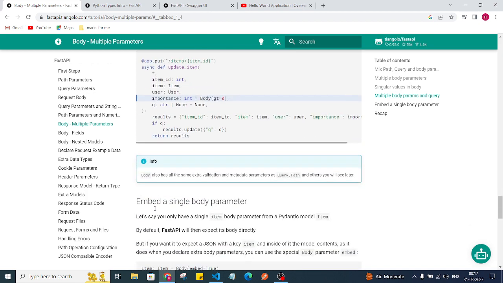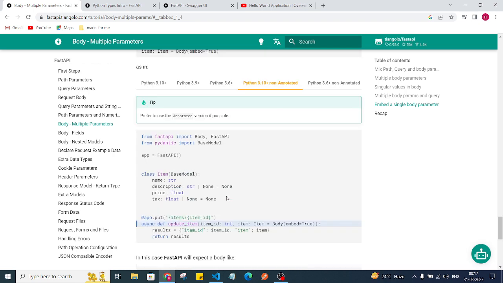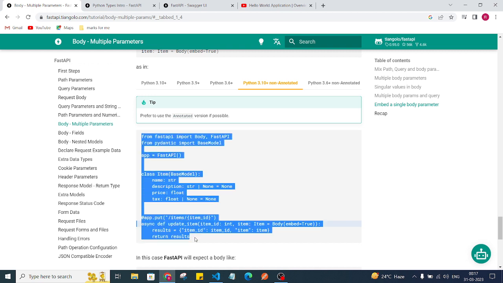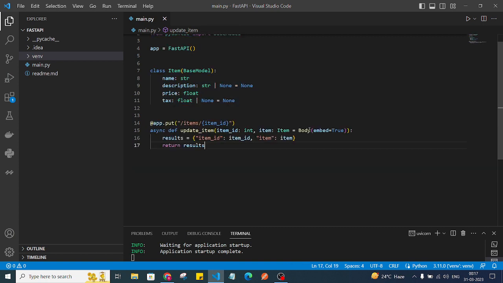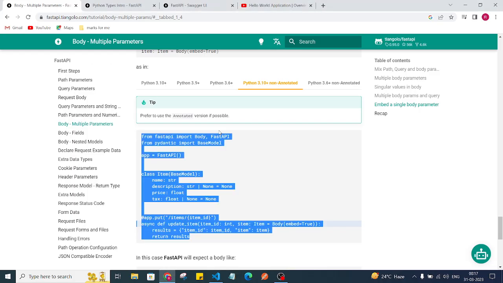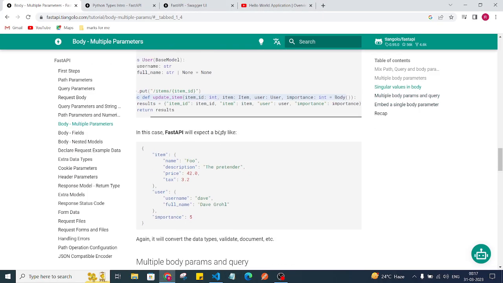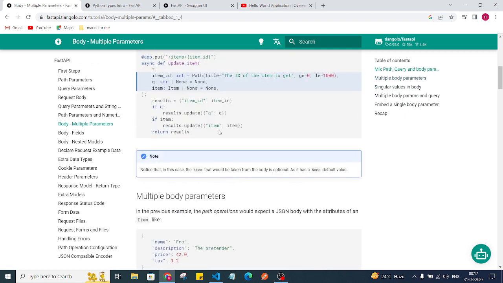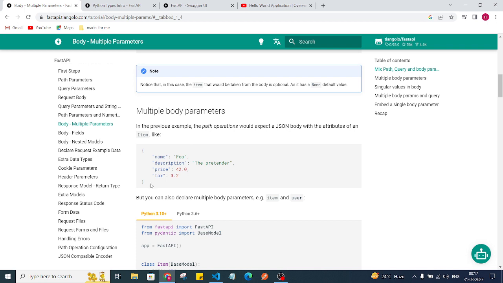Let's go ahead. Earlier we saw that if we have only one model, say class Item, let's copy this and paste it. If we have only one model, then we will only have a structure like this, so FastAPI will only expect a body like this. But if you also want to add a key as a parameter's value,